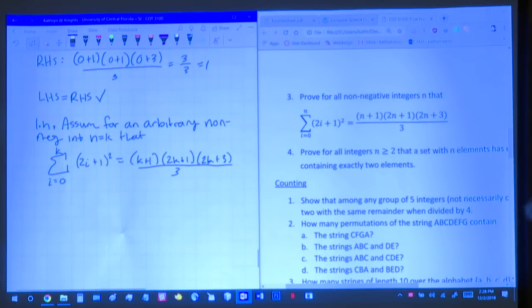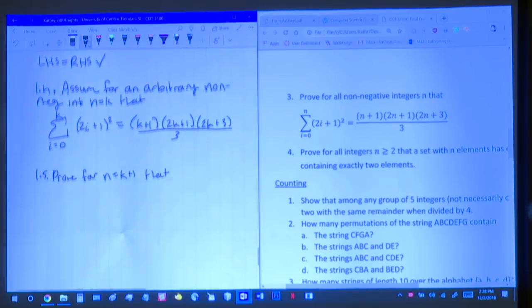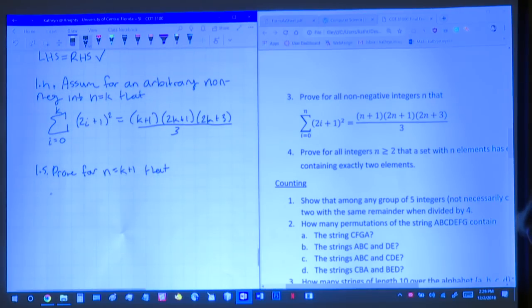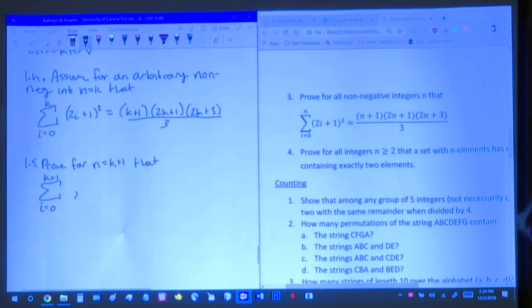And our inductive step, prove for n equals k plus 1 that the summation from 0 to k plus 1